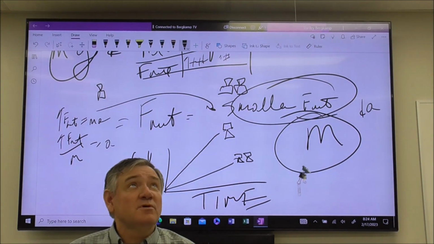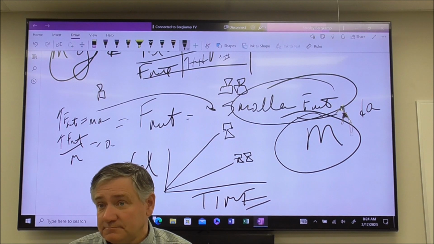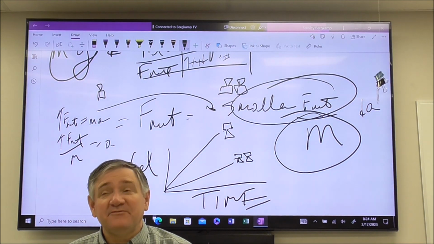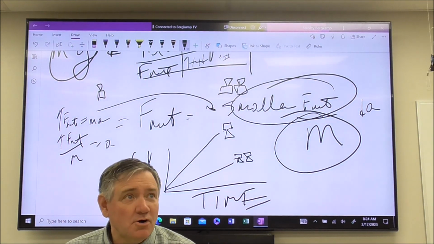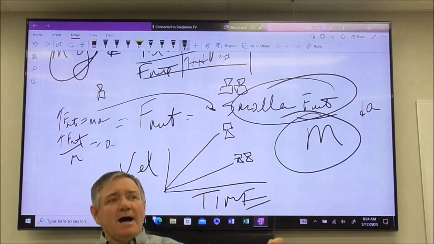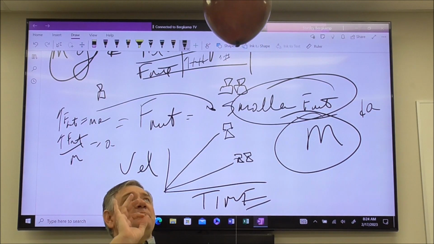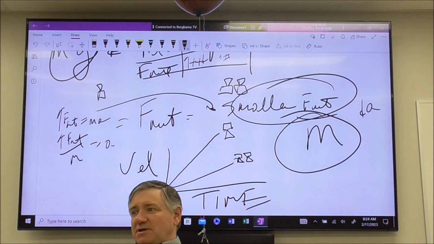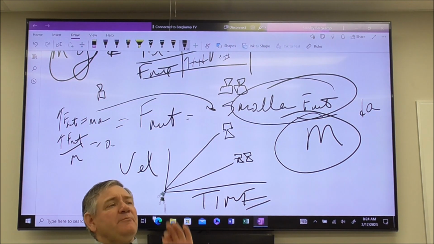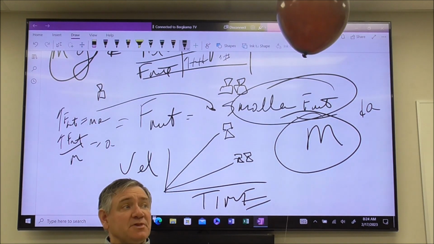So is my net force still pointing upward? But is it very big? No. So at this point, I barely have a positive net force. Okay, it's just tiny, right? Because again, by putting on that paper clip,